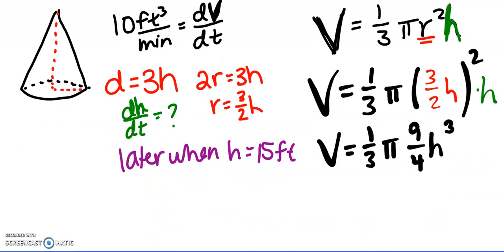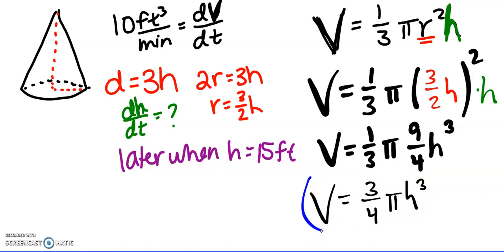Now I have an equation that relates just volume and just height, so I can take the derivative with respect to time. One last step I would suggest doing is saying 9 divided by 3 is 3. You don't have to, but it might make things a little bit easier. And now I'm ready to take the derivative